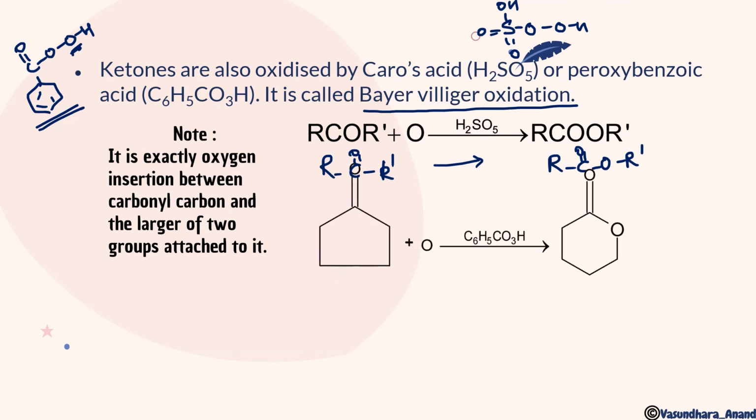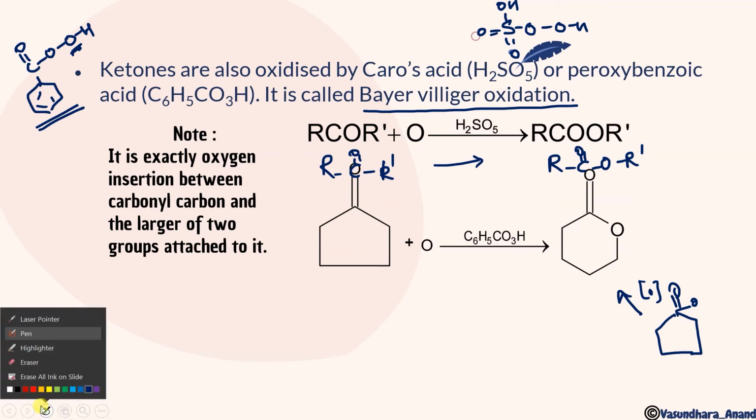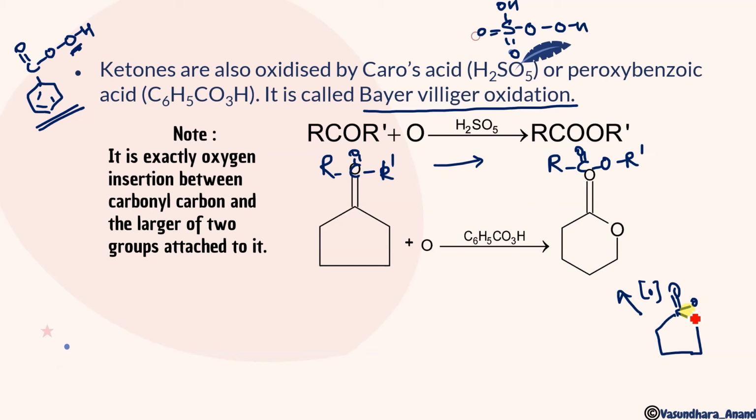Clear? Another example: how will the insertion happen here? So like this, a 5 carbon ring is there. If I'm going to insert oxygen over there, how will we insert? In this case it will form a 6 membered ring and the oxygen will be inserted and this will again shift, and that means it is going to give you like this. Here it will attach and this bond will break, and it will attach to the oxygen. Let me show you. And this is this. So at 1 carbon a 5 bond is not possible. So what will happen? This bond will break and this bond will go and attach here. So this is going to form this compound. Clear?